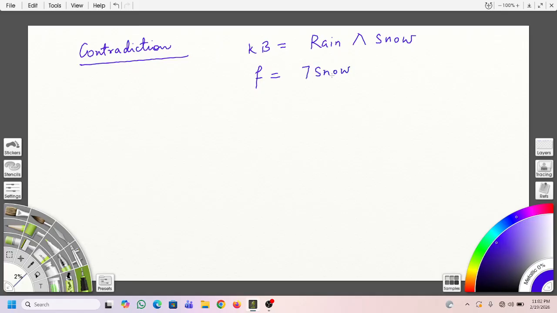Okay, so this is my formula. Now if they are both contradicting each other, that means if this is the model of KB and this is model of F,